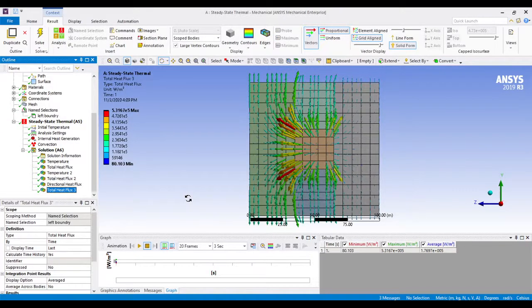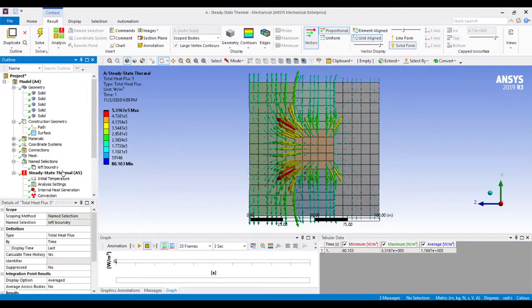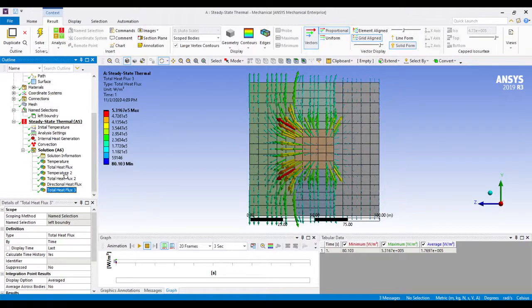We can also make use of a coordinate system to get the results, but we are only using this coordinate system to create a face surface, because in order to create a surface we need a coordinate system. We have to place that coordinate system accordingly, and then we'll create a surface with respect to it, apply the solution from that surface, and analyze that solution. So we'll see that.